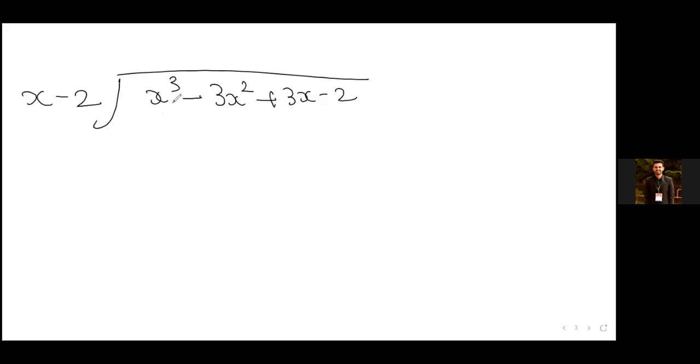Okay, here, just look at this. We need to look at the first term only, that is x cube. We need to find the term that, on multiplying with the x, we obtain x cube. That is nothing but x square, right? Just have a look at this term and this. So when you multiply x square with x, you get, yes,